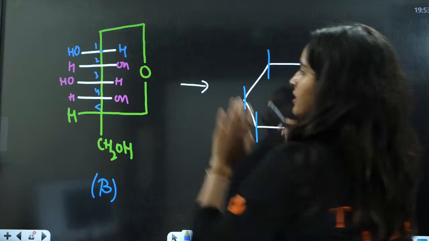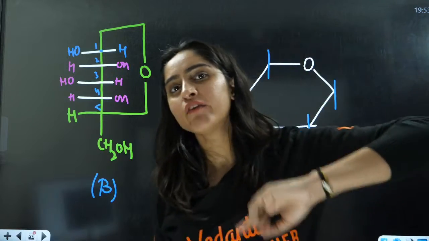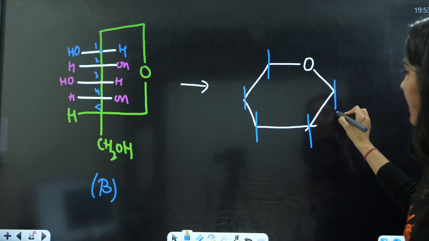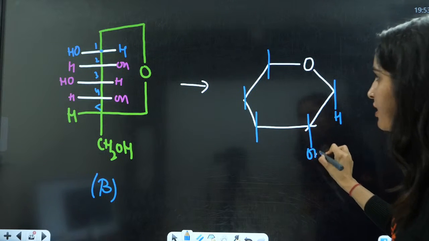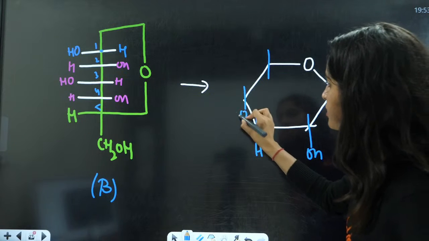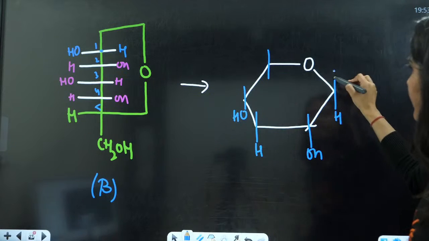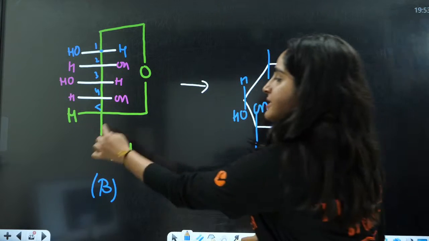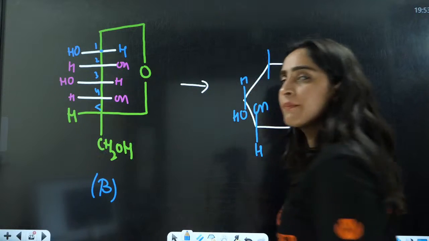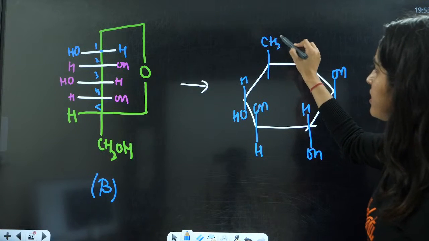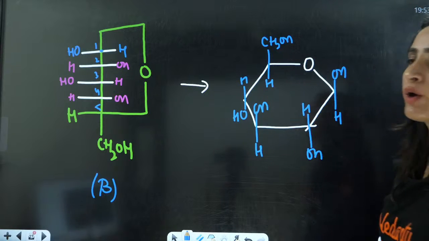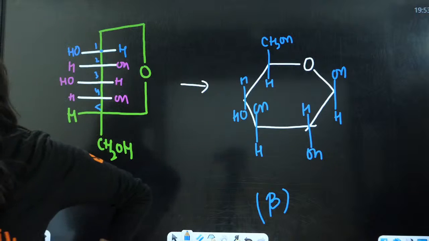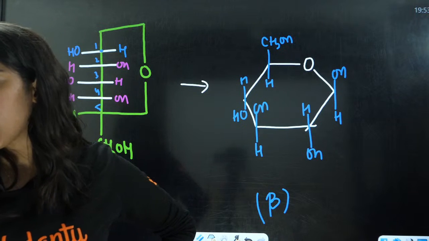Whatever is on the right side will be on the downside in the cyclic structure. Hydrogen on the right side will be on the downside. OH, right? Then there is hydrogen, then there is OH here. Everything else, that is OH, this is hydrogen, OH, this is hydrogen. Now this has more molecular mass as compared to hydrogen, so that will be on the upside and this is going to be on the right side. This is beta glucose, right everyone? This is beta glucose.